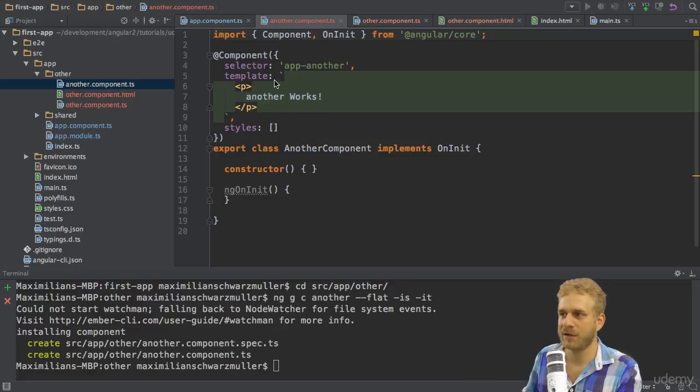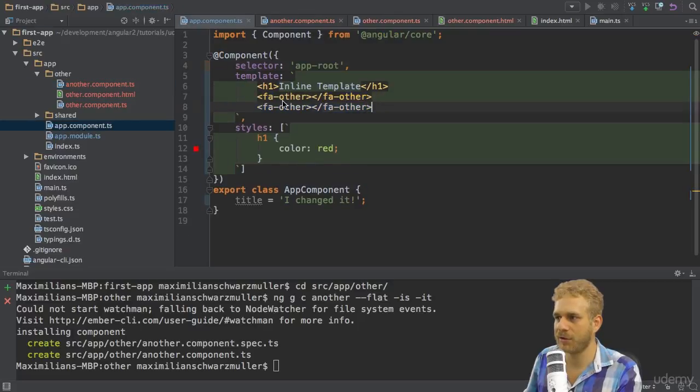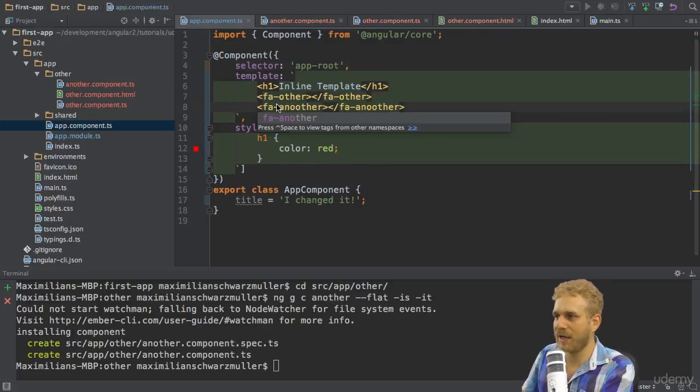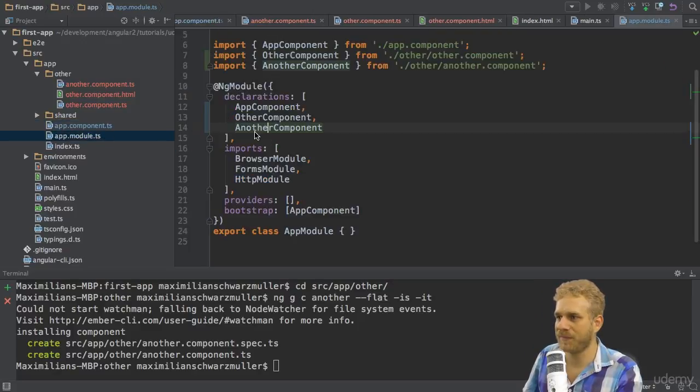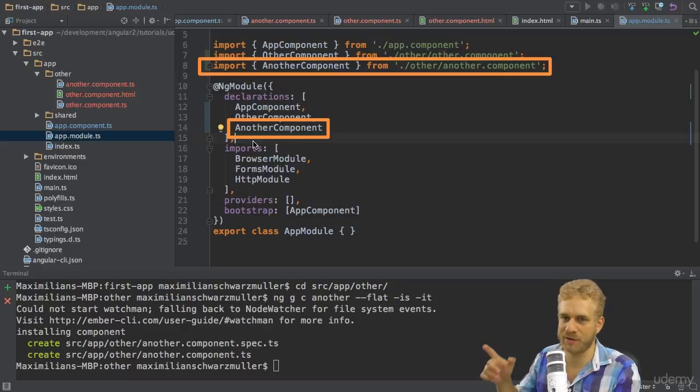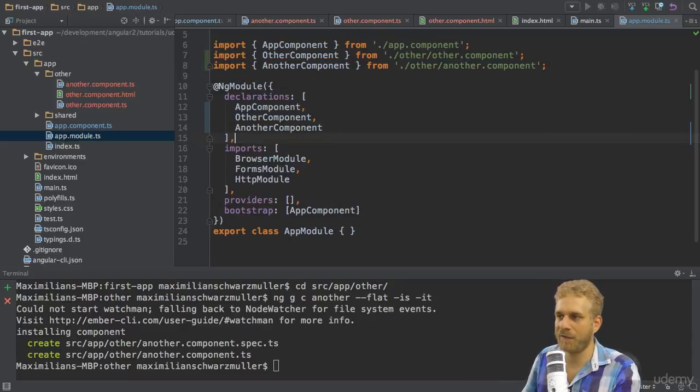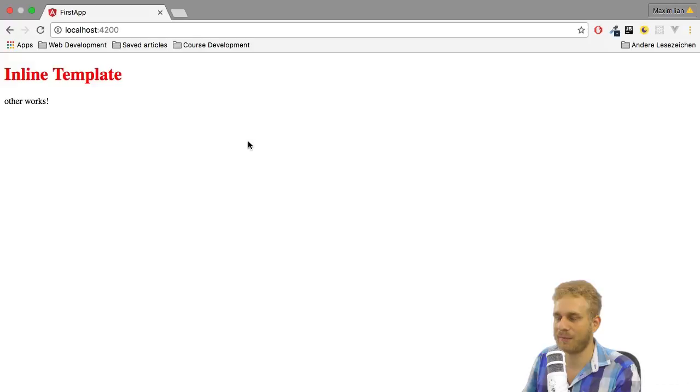Now to use this component, I'll also change the selector to fa-another. Of course, you could leave it as app-another. And then I want to use it in my app component too. So here I'll simply duplicate this and rename this to fa-another. Also make sure that it is added in your declarations area in the app module and that you also have the import there. Now if I save this and go back to my running application here,